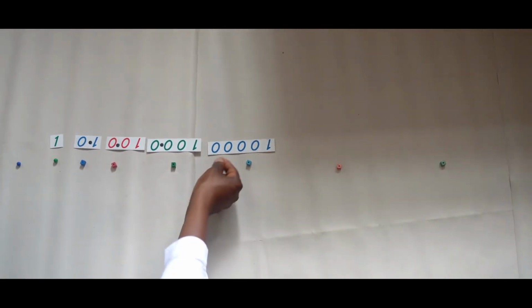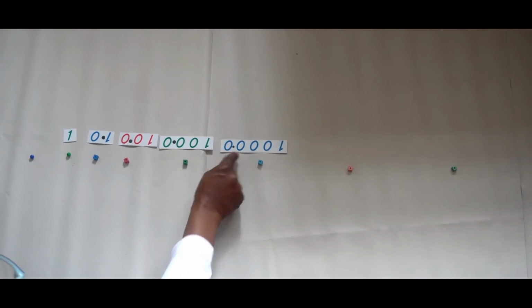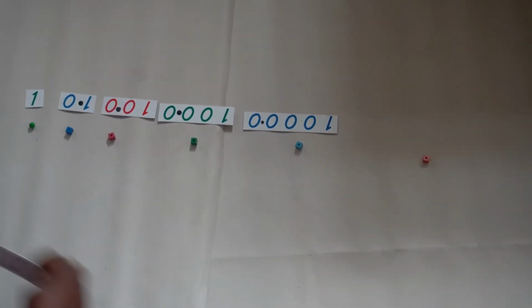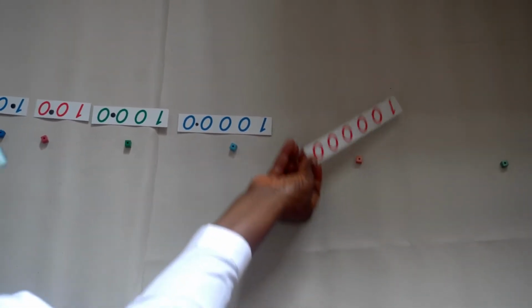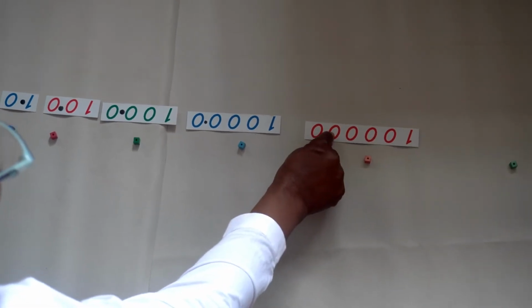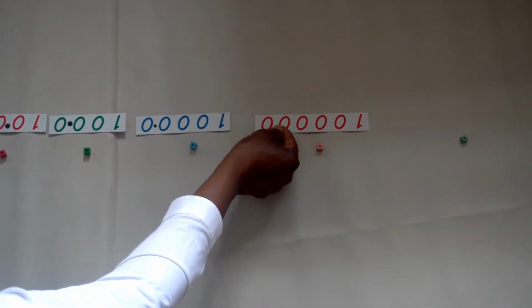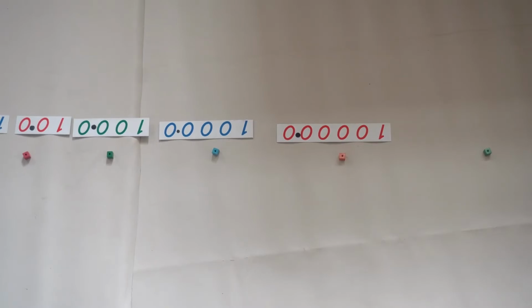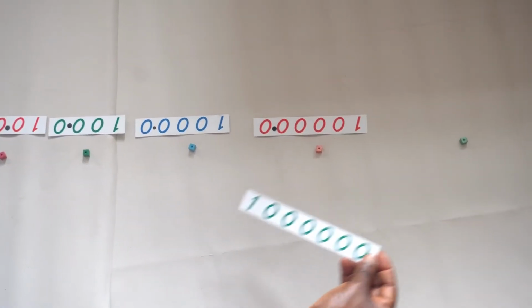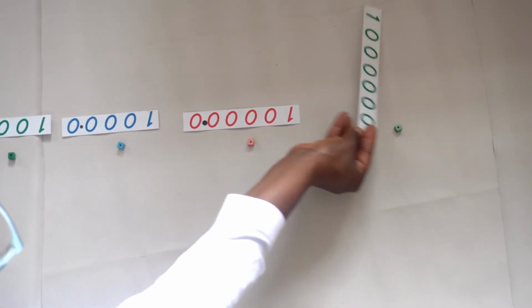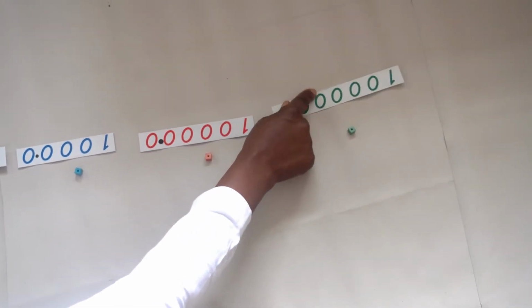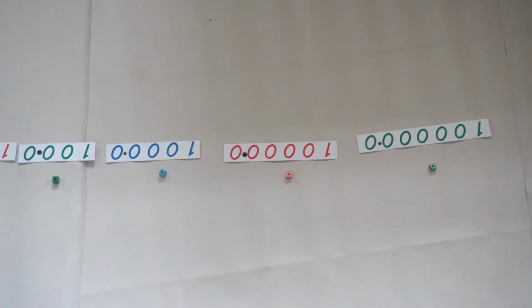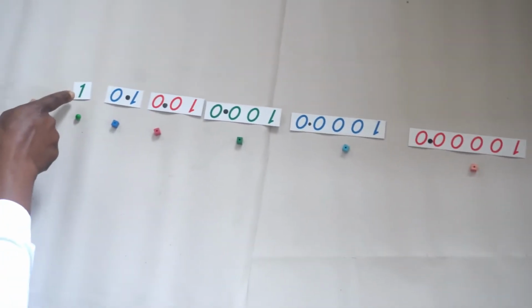I'll put my decimal point here. So this is 1/10,000. If I bring my 100,000 over here and I flip it over and I put my decimal point here, this is my 100,000th. In the same way, I bring my 1 million over here and flip it over. This is 1 millionth. Now, if you notice this, you can see this is the unit